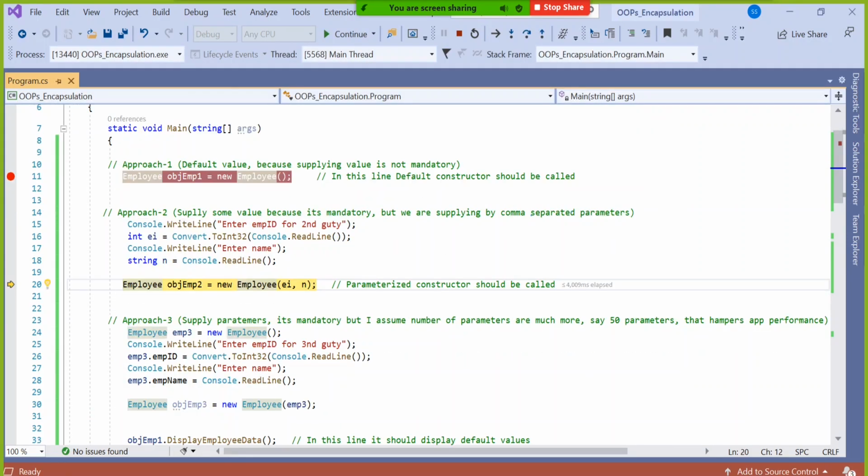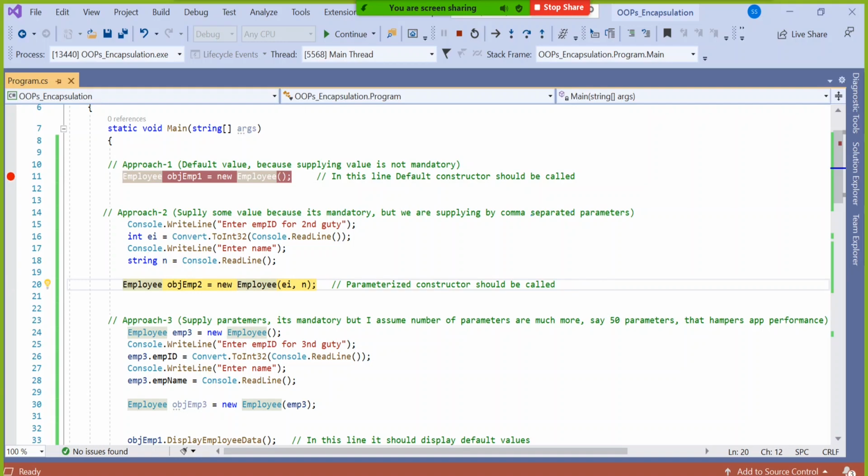That means EI becomes 50, N becomes AAA, because this time it is mandatory to enter values for the employee. He is not admin. So I supplied them comma separated, absolutely fine, because I assume the number of parameters is little less.